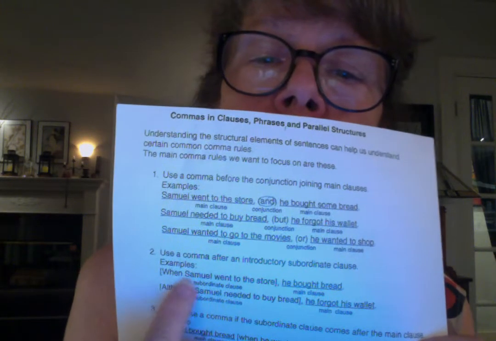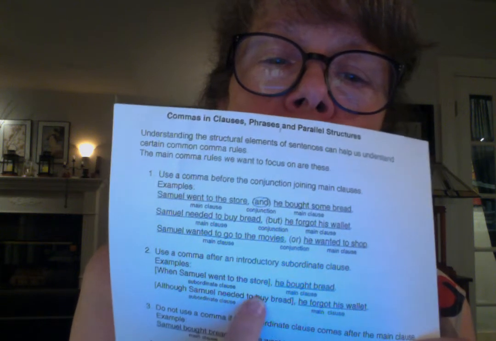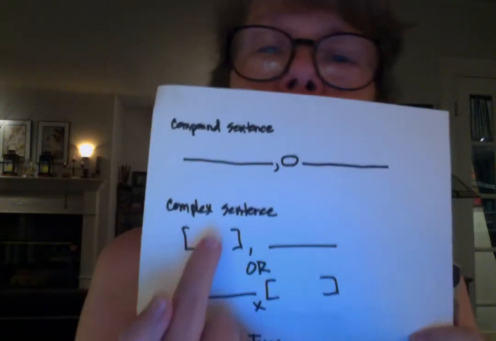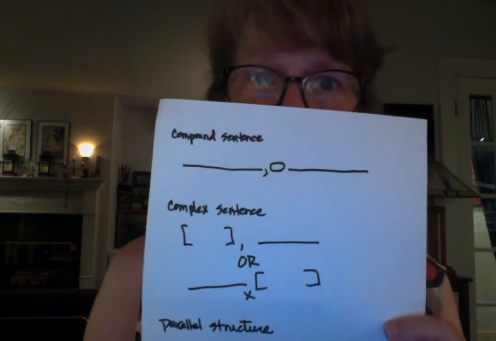So we end up with, when Samuel went to the store, he bought bread. And we have to put a comma there. That's like this. When Samuel went to the store, comma, he bought bread. Okay? However, if it's the other way around, we don't put a comma there. So the example says,